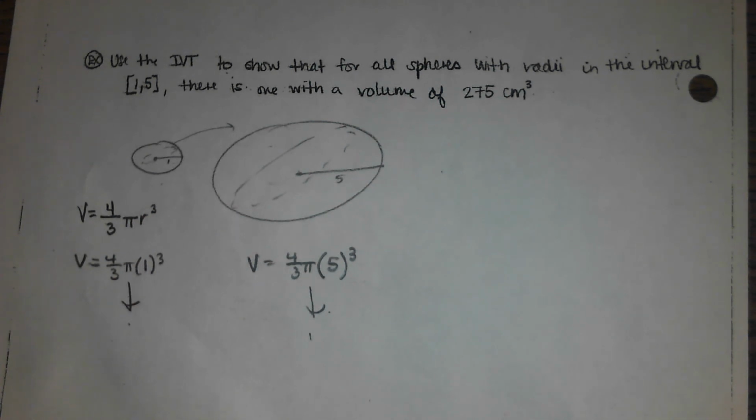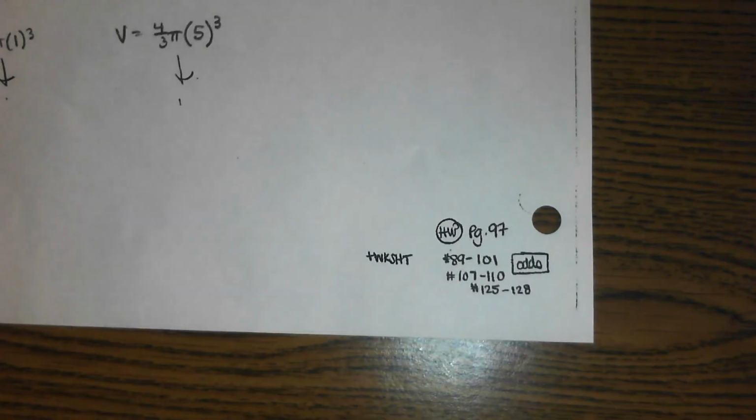Okie doke? All right. Homework's there at the bottom. Homework is book work. And then I have 5 multiple choices as well. Okay? Just to give you a little feel for